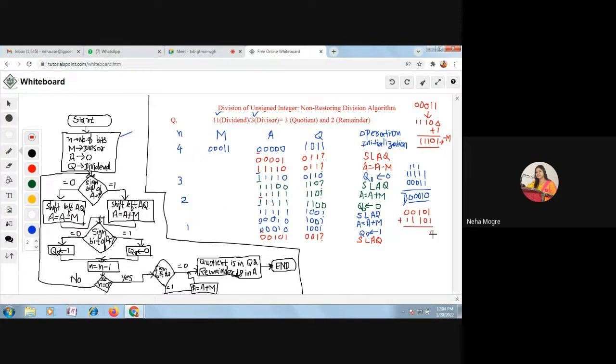So 1 1 is 0, carry 1. 0 1 is 1. 1 1 is 0, carry 1. 1 1 is 0, carry 1. And 1 1 is 0, carry 1. Okay, so your new A is 0 0 0